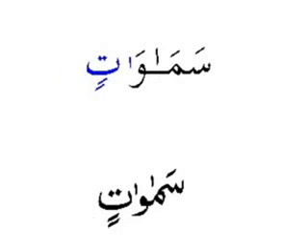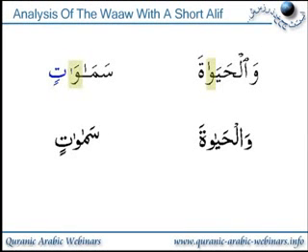Now the next one, it looks exactly the same. So you've got samawatin. This one is samawatin. So the wow here is actually a wow which has gone too long. Okay, and they've drawn the fatha alif as the fatha and dagger alif, or short alif. And down the bottom, same thing again, but in the Majidi script they just draw the dagger alifs and not the fatha and dagger alif. So that's also samawatin. Okay, so you've got to be a bit careful. So it looks exactly the same on both sides, but one is a wow and one is actually an alif, and the giveaway really